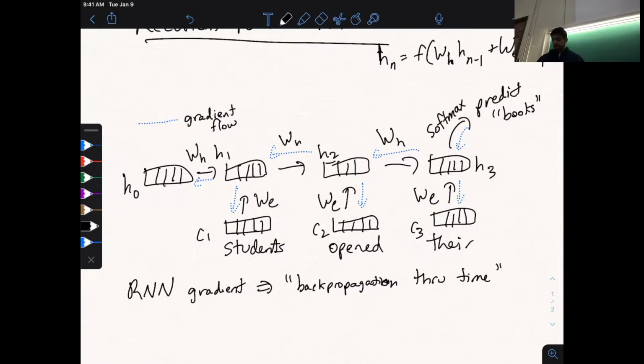Okay, so at this point, this should all be pretty clear. Any questions about recurrent neural networks and